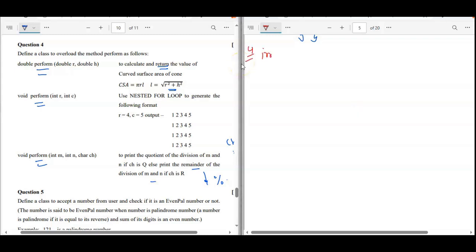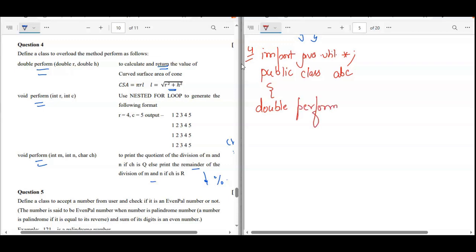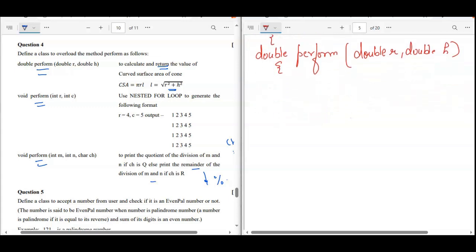So for this also, first we will start with import java.util.*. Then we will go with public class. The class name is not mentioned, so I'm just writing ABC. Then the function name is given here, public double perform, double R is the first parameter and double H is the second parameter of this perform function. Now to calculate and return the value of the curved surface area of the cone, R and H are given.